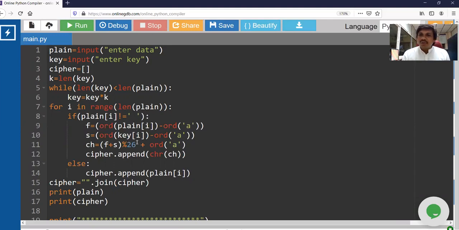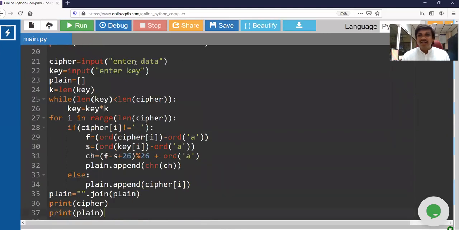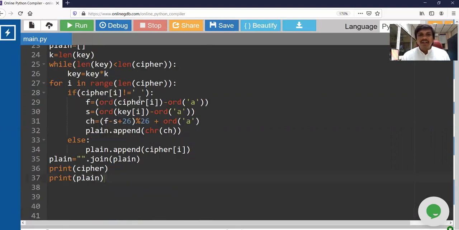Any person who sees the data cannot understand what it is because it is encrypted. Of course, it is readable, it contains alphabets, but you cannot understand it. Only the person who knows the key, that is your friend, can decrypt it. He or she will enter that secret data here, give the right key, and you will be getting the original information. That is how it works.